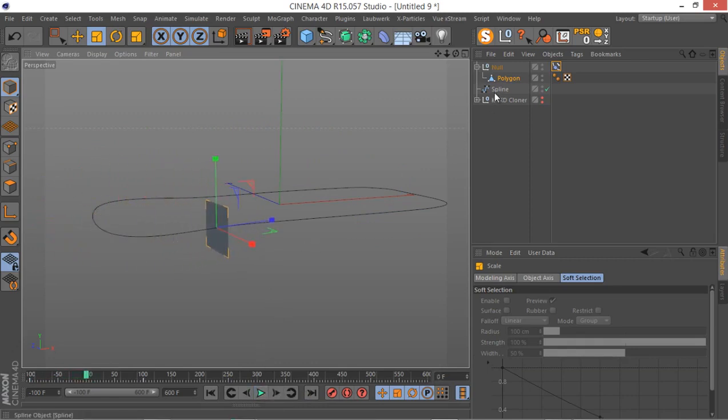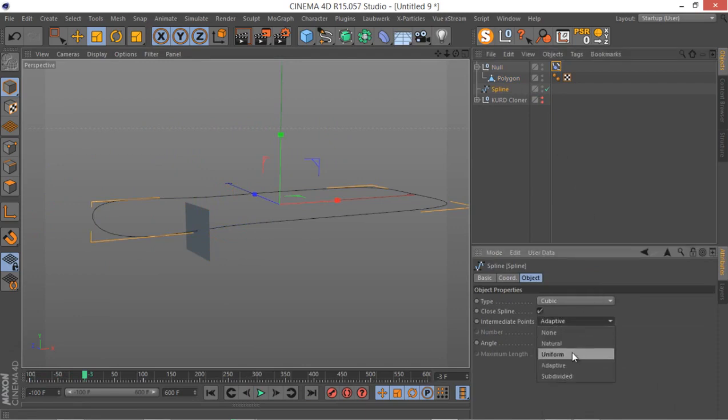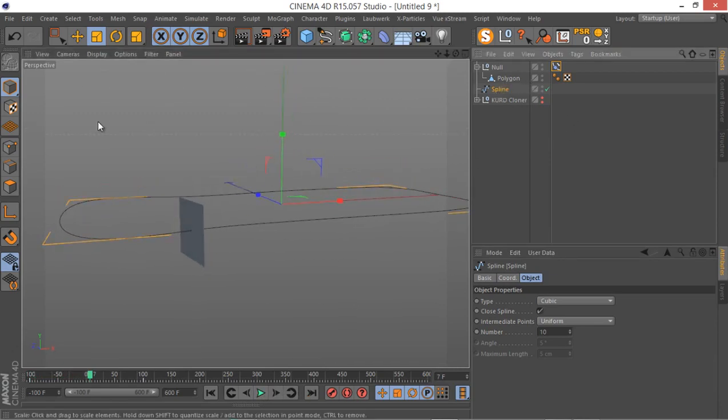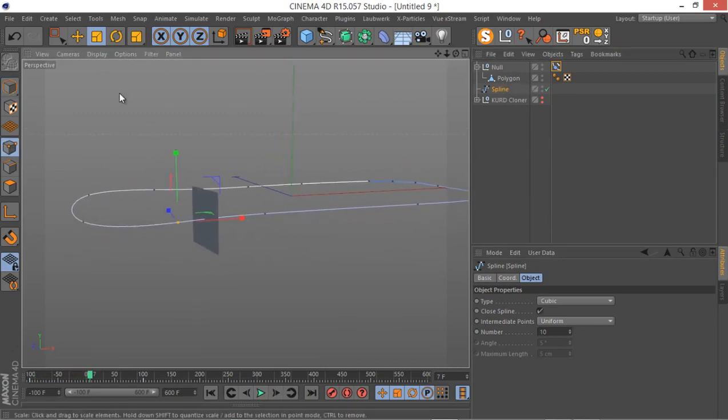Okay. One important thing, as you can see, it sorta speeds up and slows down as it's in different parts of the spline. Just make sure your spline type is set to uniform, and let's add something like 10 here and see if it solves part of our problems. Yeah. And the next thing you're gonna have to do actually is work on this spline a bit, and let's just work on this